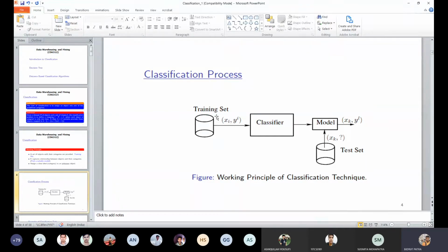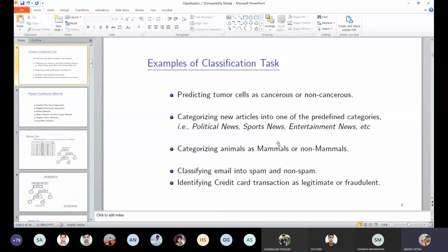so predefined categories. In that case, we have nothing to do with the training set. We should be provided with it, or we need to collect the training set somehow from a different domain. Basically, it differs by which techniques we use and what type of model is built. Based on that, plenty of classification algorithms have been developed, and we'll study some of them. One of the classification algorithms is the decision tree.